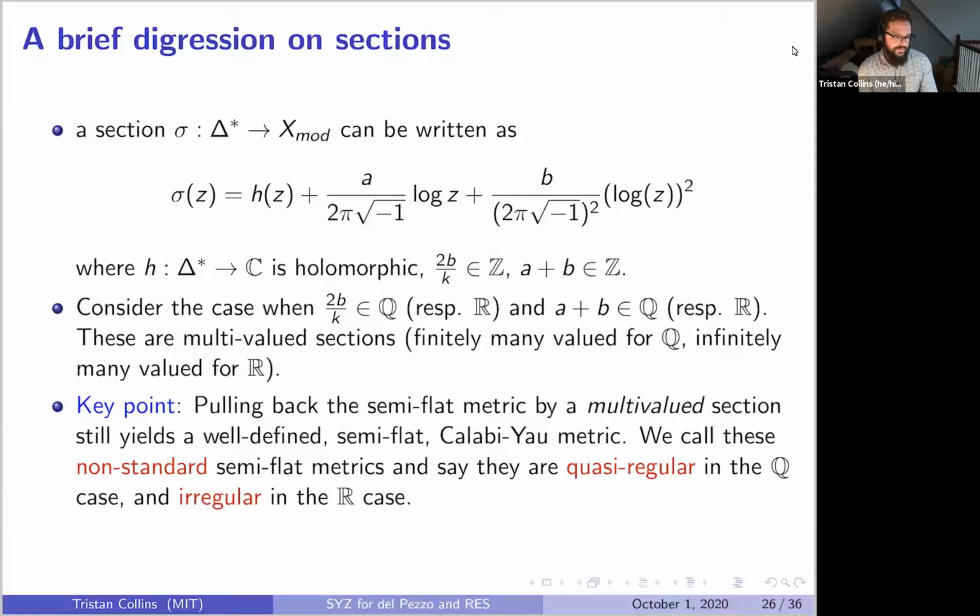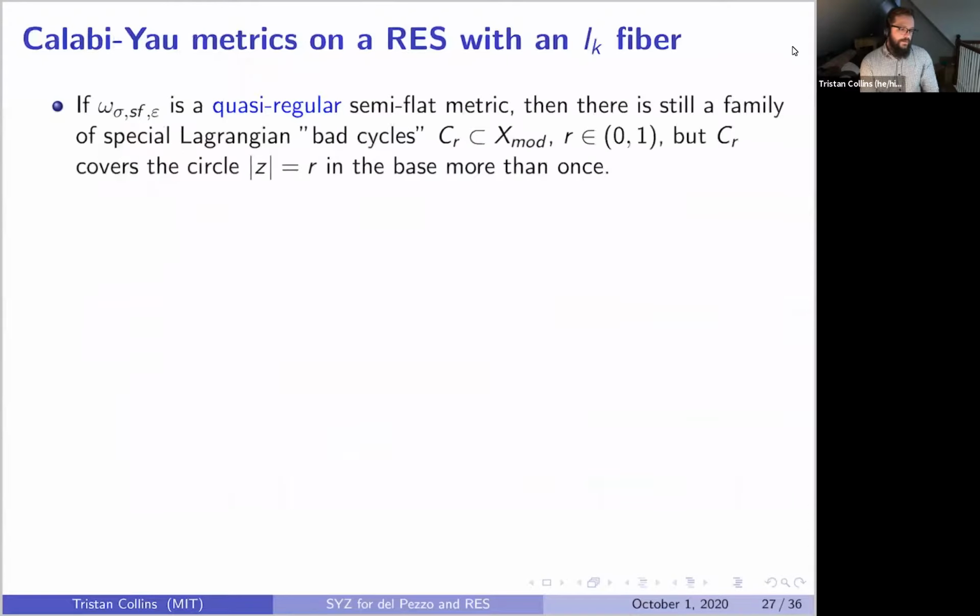So we'll call these non-standard semi-flat metrics, and they're quasi-regular in the case of Q and irregular in the case of R. So if you have a quasi-regular one, so you have a multi-finitely many valued section, then there's still a family of special Lagrangian cycles which fiber your space. But when you project them to the base of the fibration, they'll cover the circle in the base more than once,